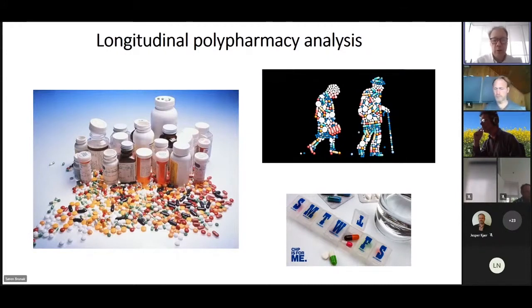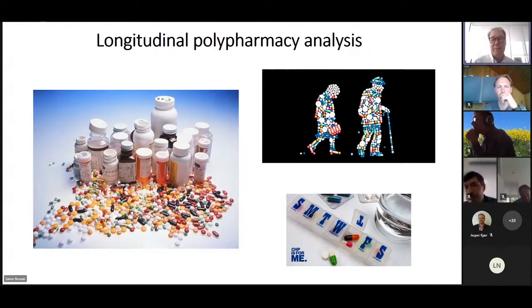So I will go next here to some of the recent work we have done on polypharmacy and analyzing patterns in prescription. And we have both looked at dosages, and we have also looked at the order in which you get your prescriptions. But that's of course a growing problem, because we have more and more multimorbidities in people, and we would like to understand which drugs have drug-drug interactions and which can be given